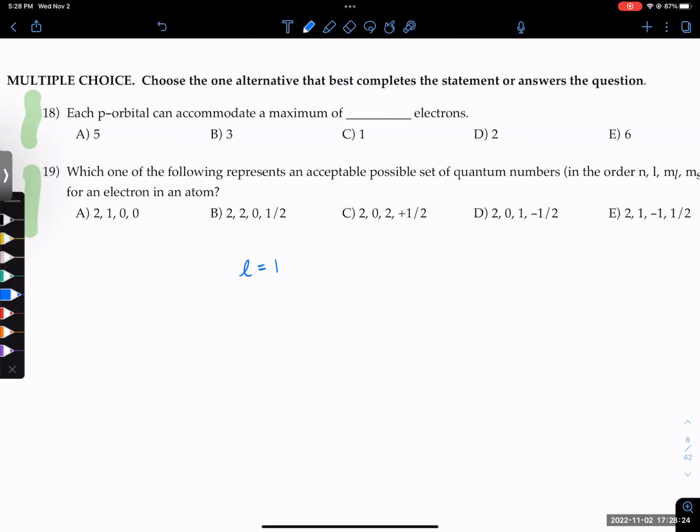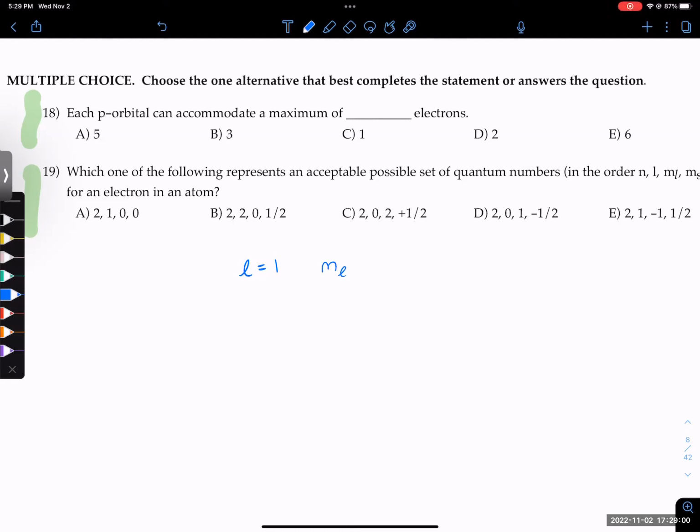1, right? And m sub L will tell us how many orbitals there are. Why do I care about how many orbitals there are? Because each orbital can only hold a maximum of how many electrons? 2 electrons, right? You know that because electrons can either have an upspin or a downspin. So each orbital can have 2 electrons, and they must be opposite in spin. If you add a third electron in there, you can't have +1/2, +1/2, -1/2. It doesn't work like that. They would be repelling too much. So each orbital can hold 2 electrons.